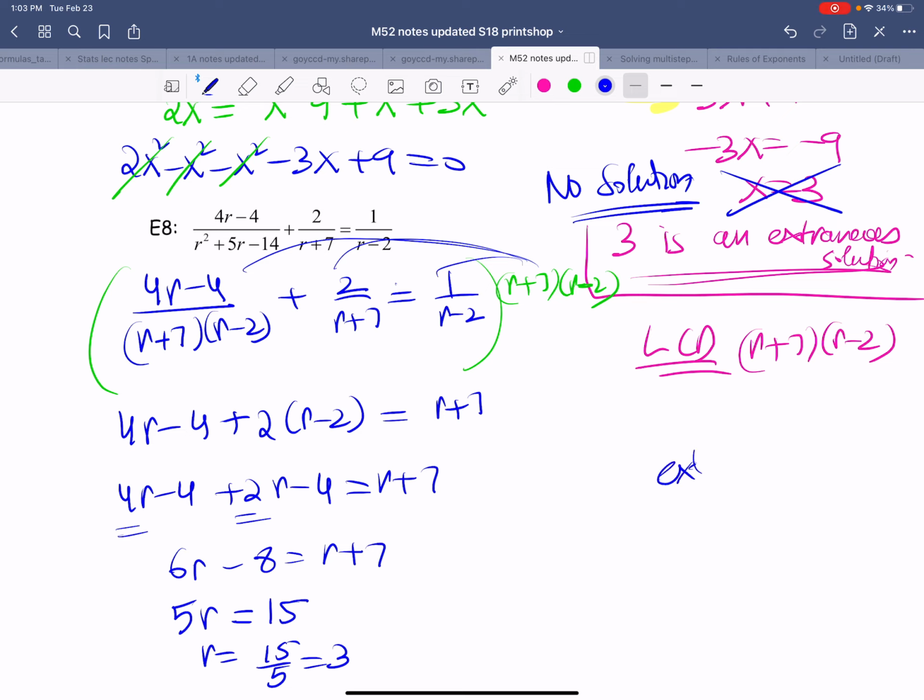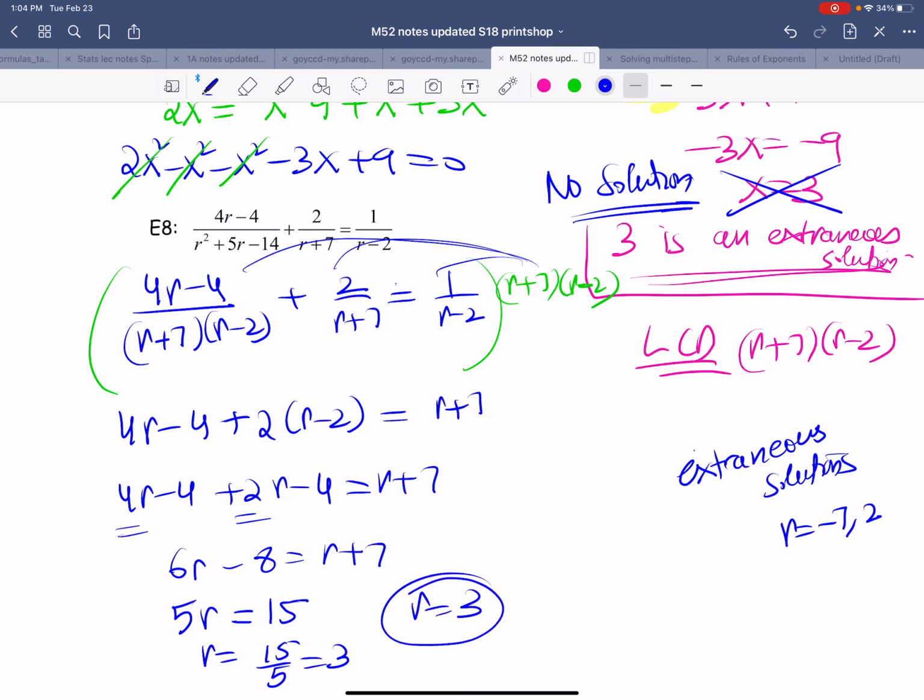Let's go ahead and check what my extraneous solutions are in this case. Remember, extraneous solutions are the ones which make my denominator 0. Extraneous values, restricted values, are r equals negative 7 and positive 2. And r equals 3 is not one of them. So it's okay to box, highlight, and circle this answer and say this is my solution. Okay, here were the 8 examples for solving